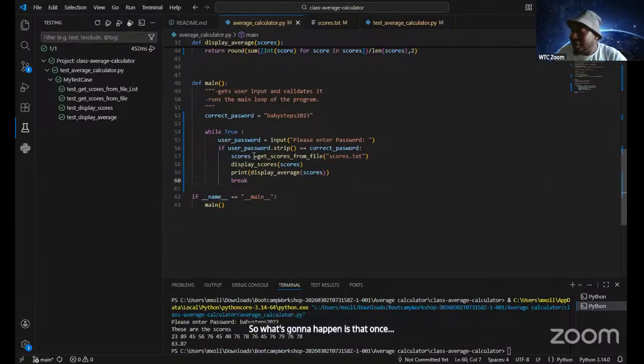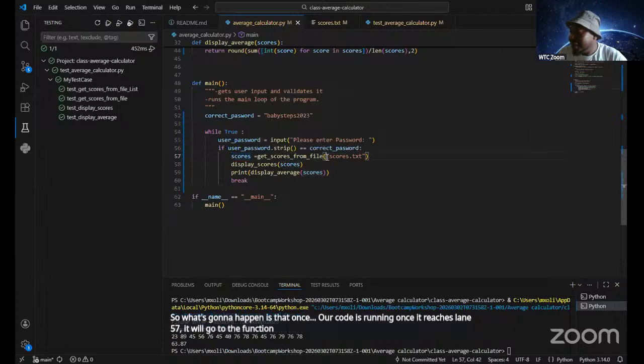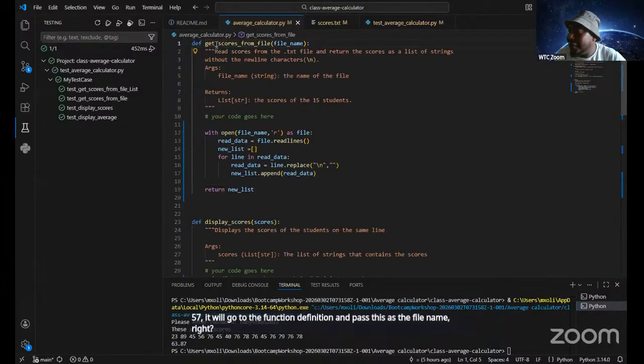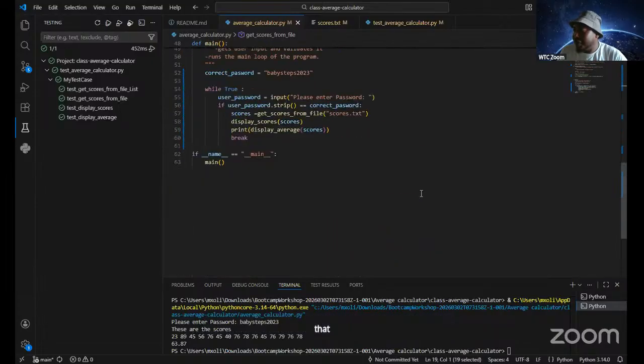our code is running and it reaches line 57, it will go to the function definition and pass this as the file name, right? And then our function here will come in and do the magic and return that list of scores for us.